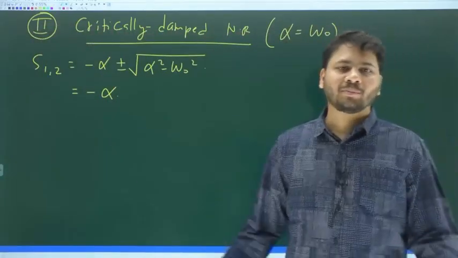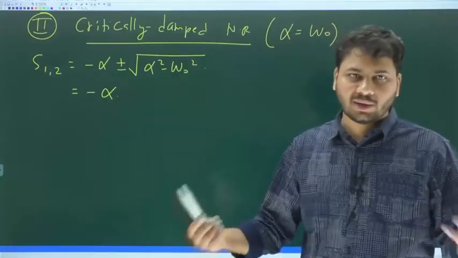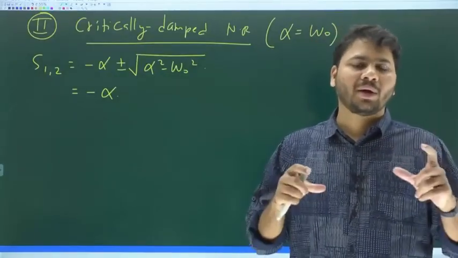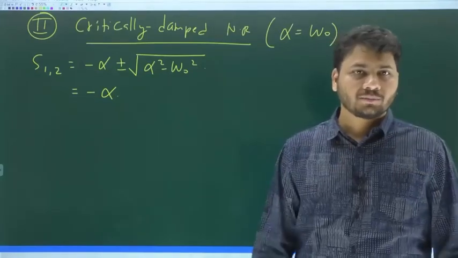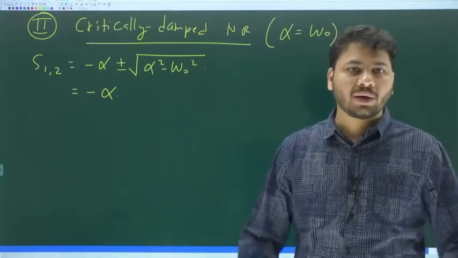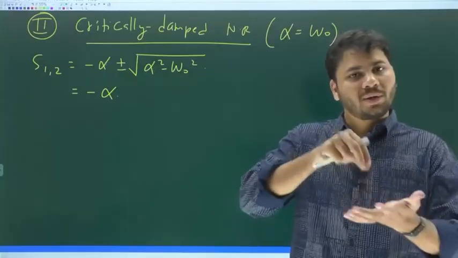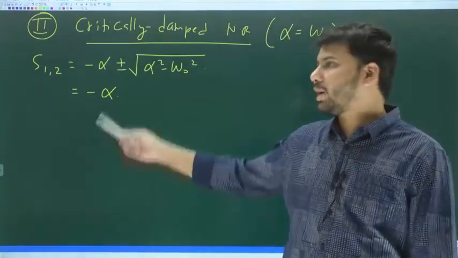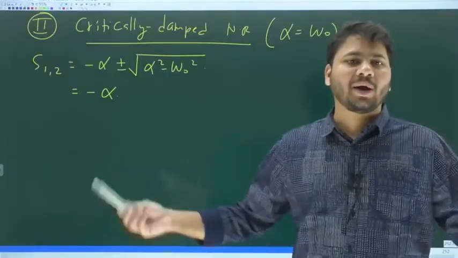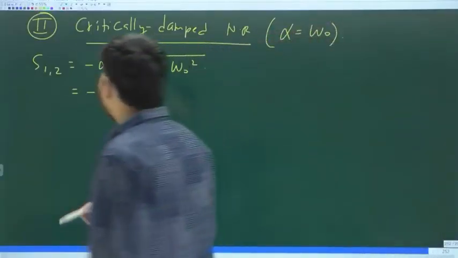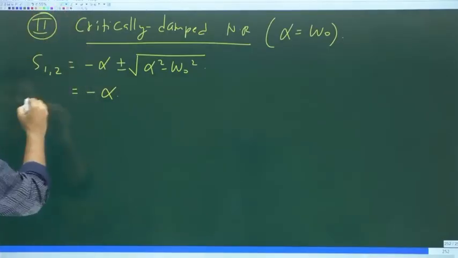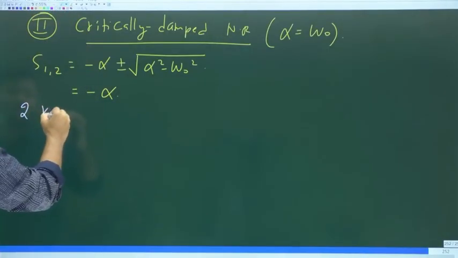Both the roots are going to be identical, and equal to minus alpha. Alpha is 1 by 2RC, which is real. Minus alpha would be negative real. So are we not having two repeated roots, two repeated poles? So both the poles are exactly at the same location, at minus alpha. Again, minus alpha is negative real. So here, in case of critically damped natural response, the two roots are